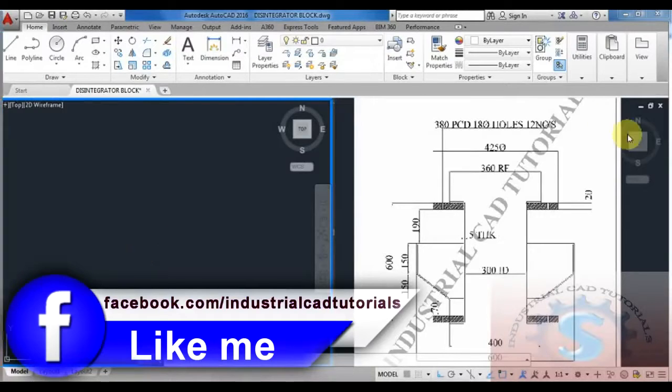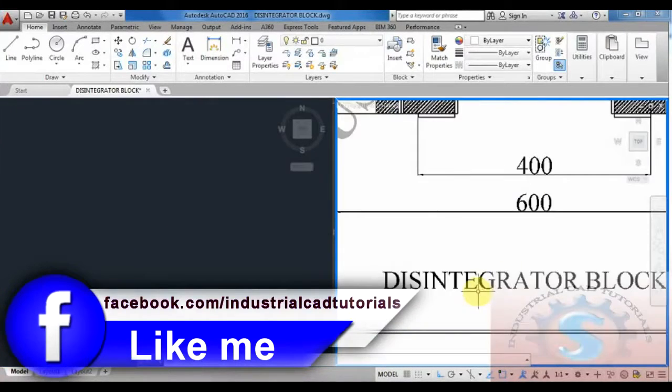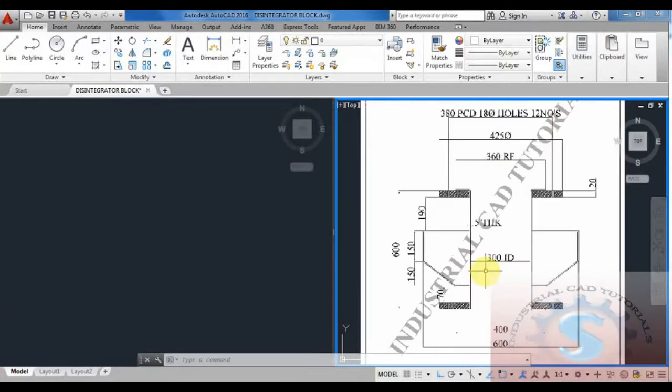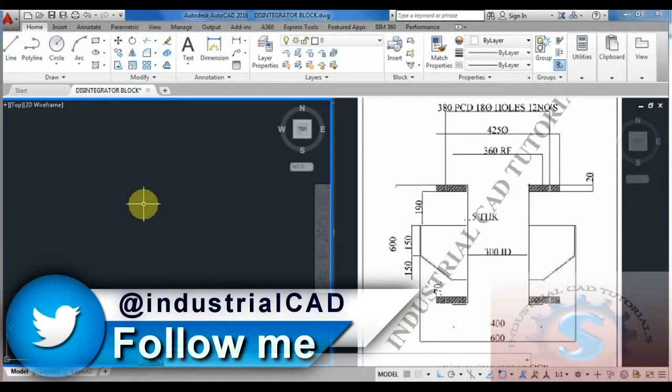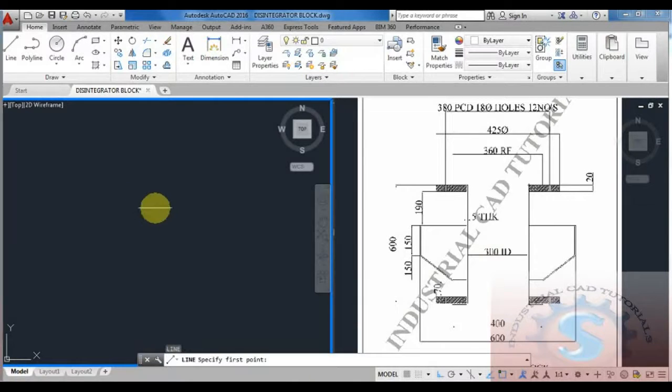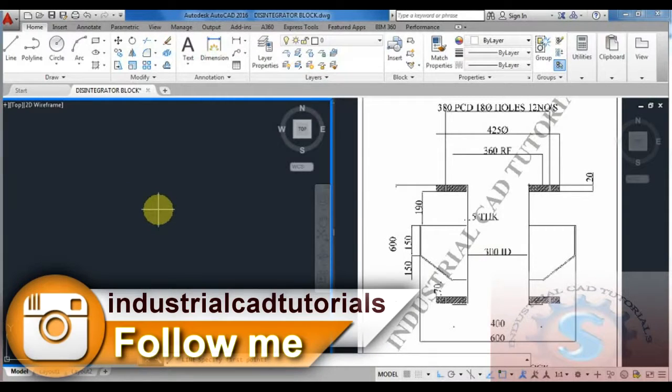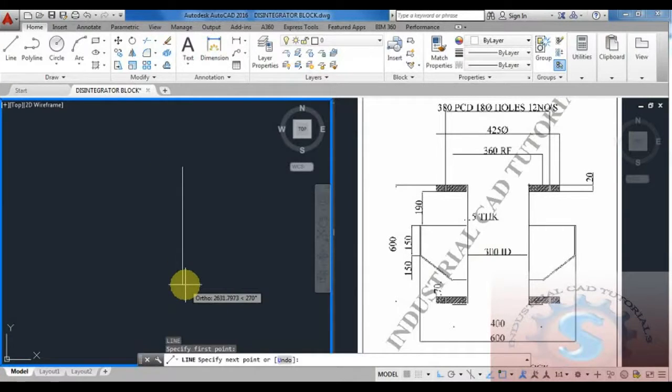Hi friends, in this video I am going to explain one of the basic drawings, the Disintegrator block. I already explained one tutorial of the Disintegrator. This is another type of model. This is the Disintegrator block. In AutoCAD I want to draw this drawing. First go to the line command